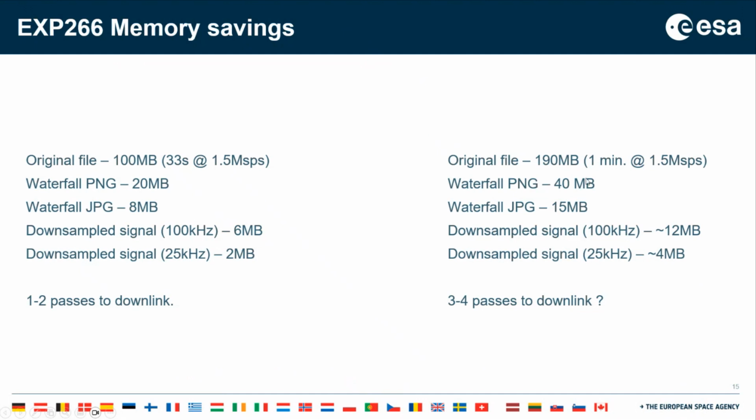One thing to note is that the current constraint, as it is right now, is the PNG size. So if we doubled the original file size again, and the PNG file size was about 80 megabytes, and if we doubled it again and it was about 120 megabytes, then we would go into some trouble, because of the PNG. So we could go up to about 4 minutes of recording time by expanding the eMMC partition, but then we'll run into another constraint, which is the temporary size of the PNG file